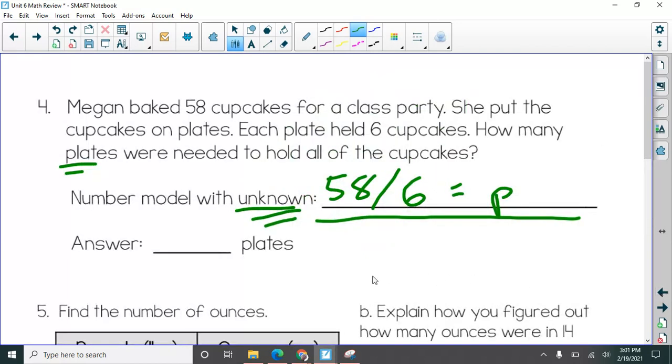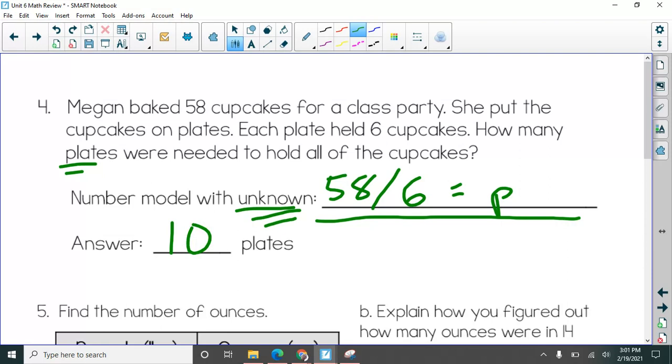Now, that's not the answer, though, right? That's the answer to the division problem. But they want to hold all the cupcakes. We know they need 9 plates, but they have 4 cupcakes left over. They would get an extra plate. 10 should have been your answer. If it wasn't, think about where your